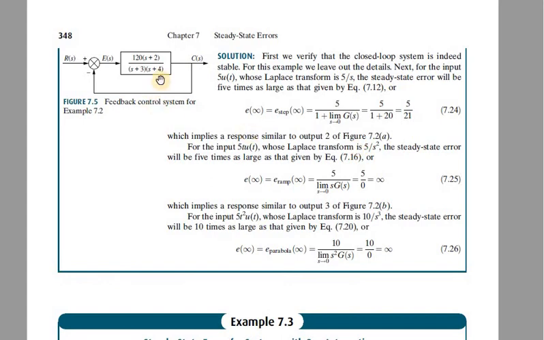Now we have this unit feedback system where g of s is given to us, and to calculate for the step input, we just write the formula for unit step. You remember from 7.11 that E infinity is equal to E step of infinity, which becomes R of s divided by 1 plus limit s tend to 0 g of s. So R of s is